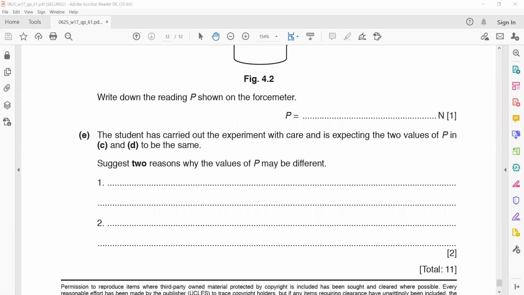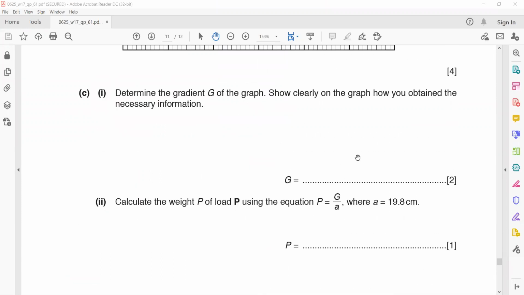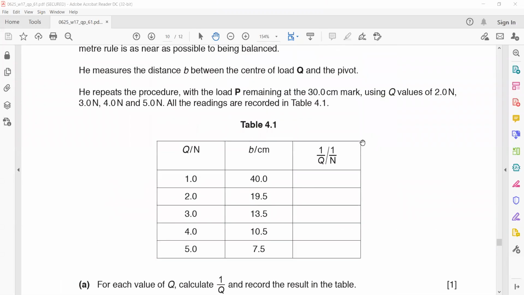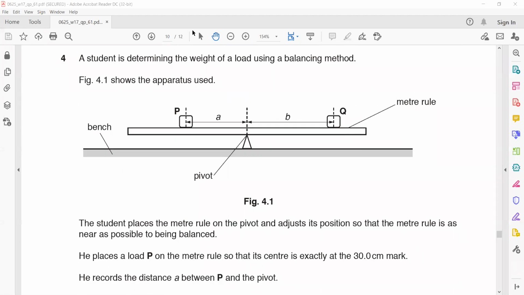So what could be the errors when we list them out? There are many possibilities. For the balancing experiment, what could be the errors? Number one, we have to measure a distance from the center of the load, so it is difficult to identify the exact center of the loads. That is one thing. And second, it is also difficult, like if you have a ruler or a scale